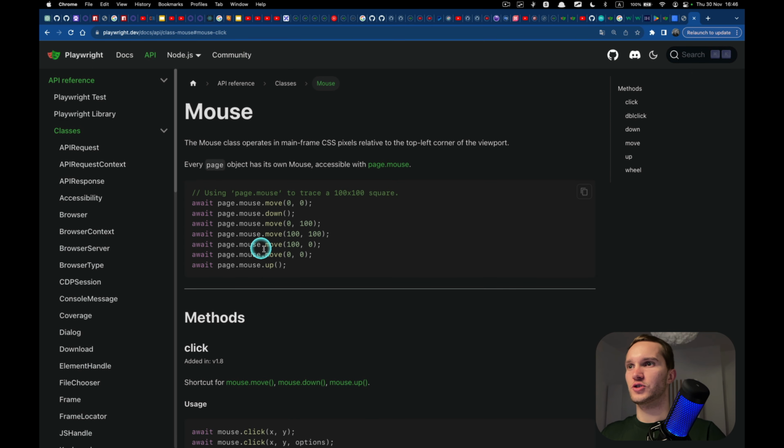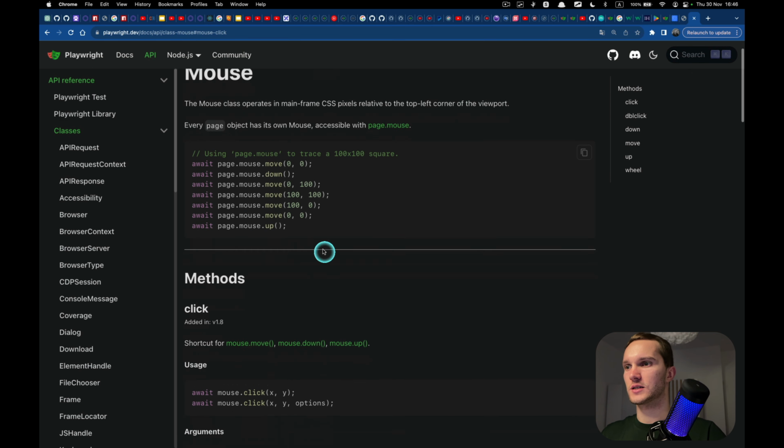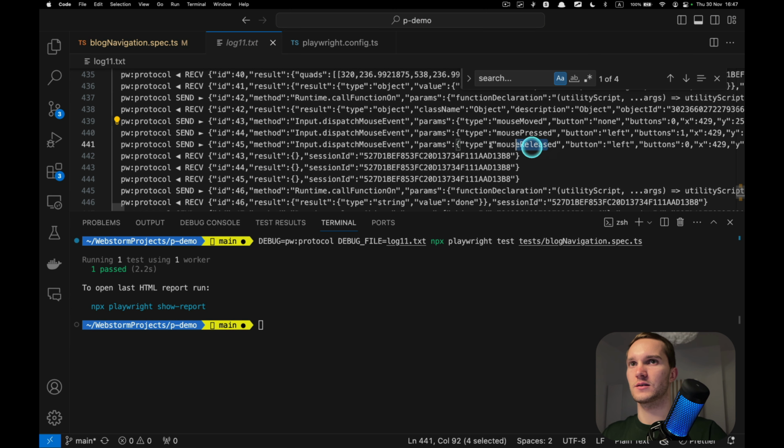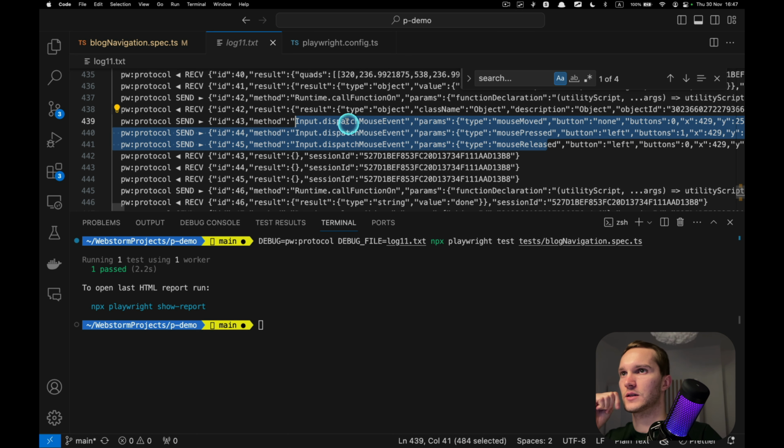Okay, and Playwright just simplifies it for us, and just gives us the click method, not to do all 3 by ourselves. Shortcut for mouse move, mouse down, mouse up, and we already saw this in the logs, in the Chrome DevTools protocol events.